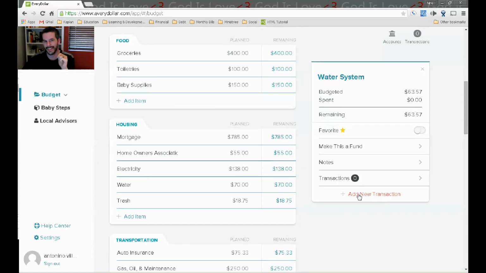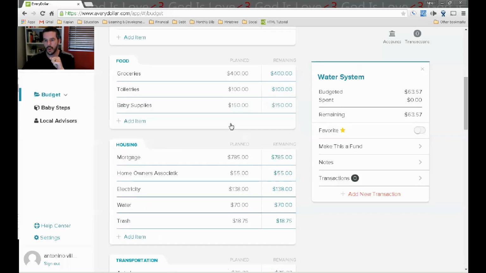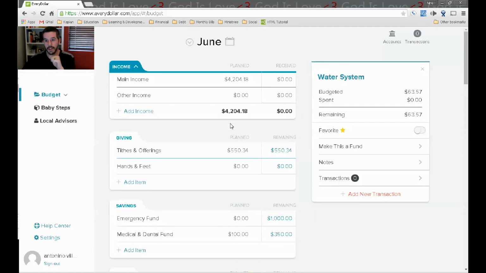Keeping track of your transactions is pretty easy as well. However, I find that I'm not really diligent in coming back here and tracking my transactions because I already keep a register, so I know what my transactions are. So here's where it's really limited, and here's where I still use my really basic, straightforward Google spreadsheet. This does not show me what pay period is taking care of which bills. So yes, I could go in and add a transaction and keep track that way, or I could simply pull in